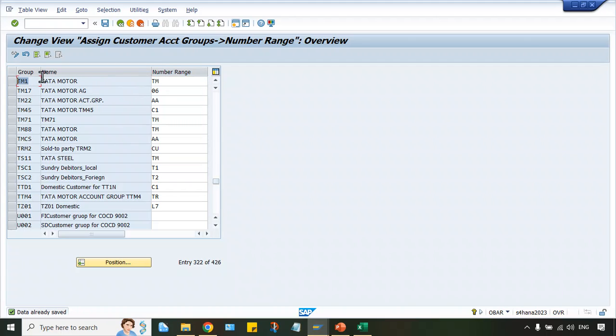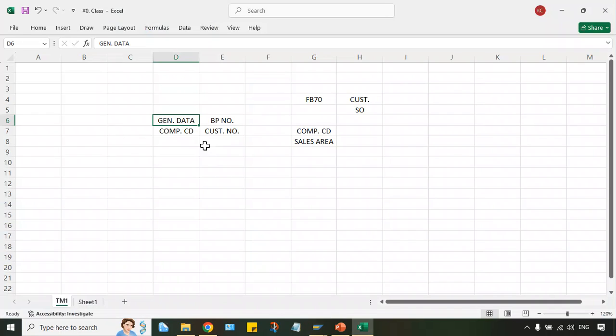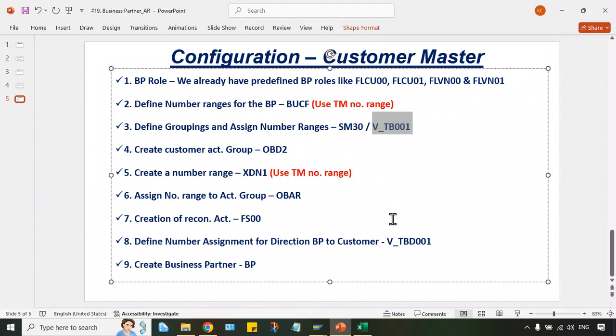Okay, look at here. When we have to create a customer master, I mean in the form of BP, what happens? When you create a customer master, as I said, at BP level one number will be generated, and for customer also one number will be generated. So this customer number will be generated from where? From the number range which we have specified here, right?